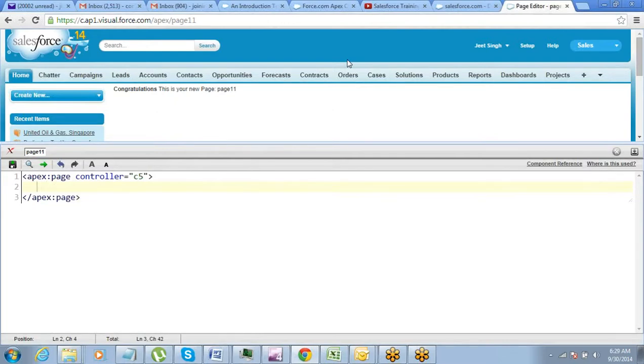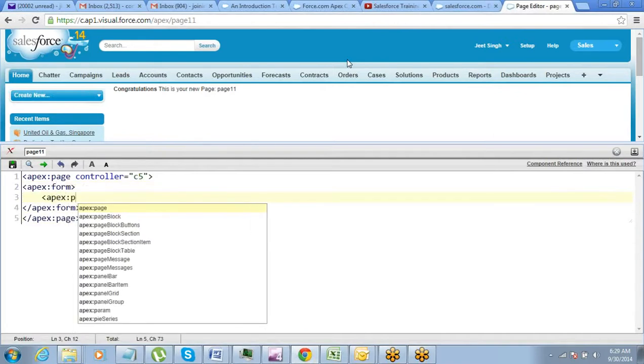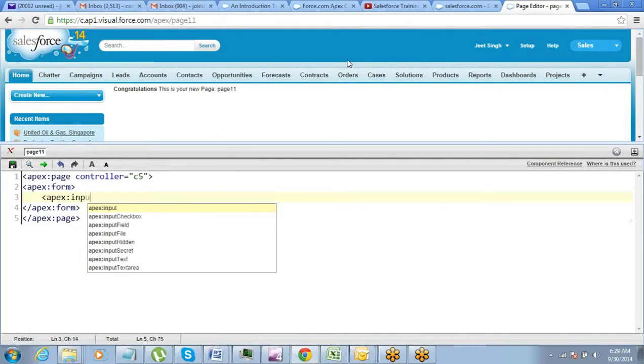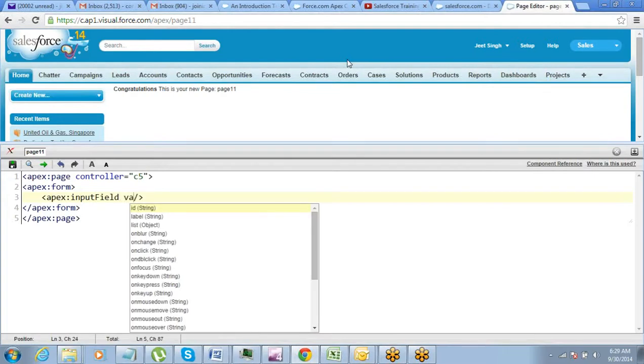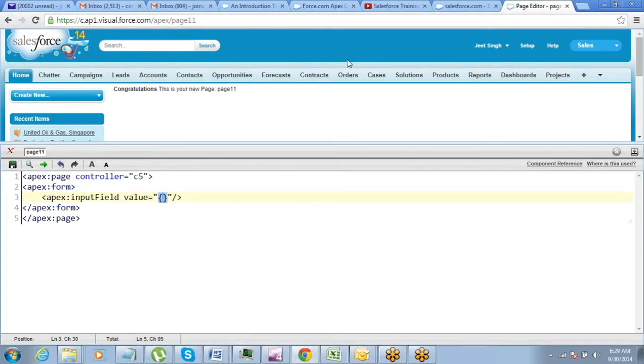Okay. Create a form. Fix. Input field. Value. Name.